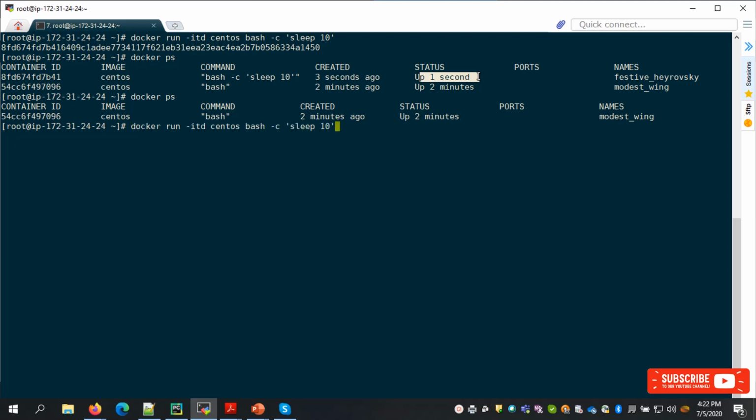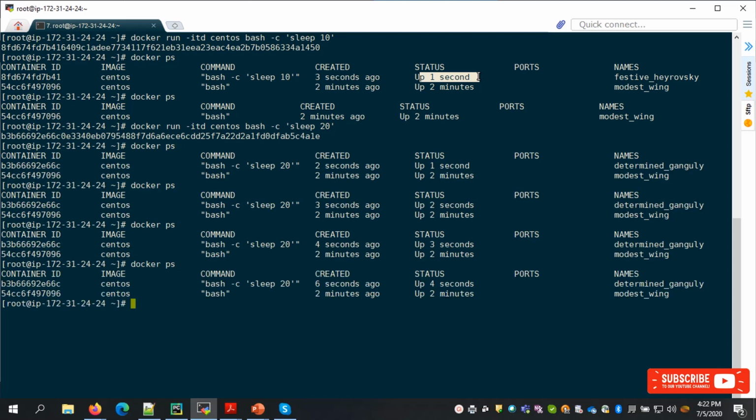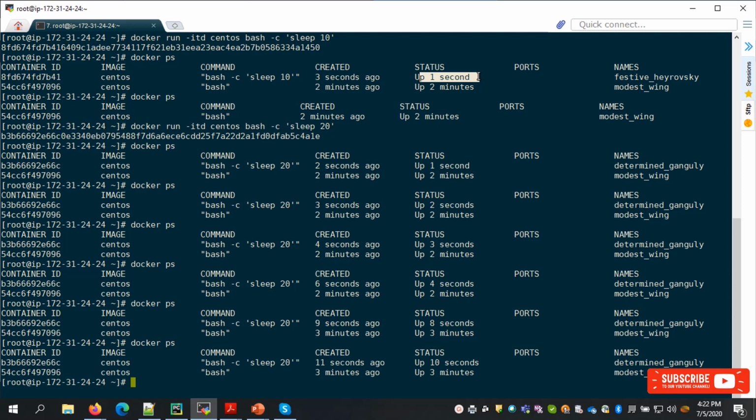Okay, let me try in a different way. I will put 20 seconds so that at least we'll know. You see, 3 seconds, 4 seconds. Now we can track it properly. So what I'm trying to say in this example is that in order to run a Docker container without it getting terminated, the container needs some process to be running always.